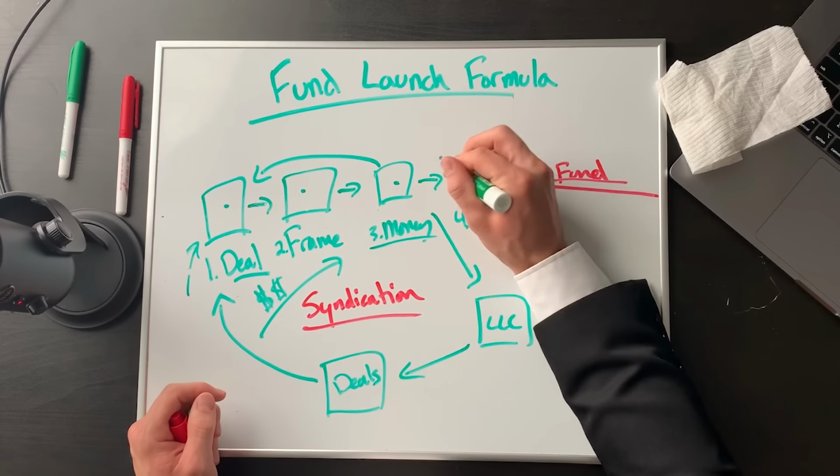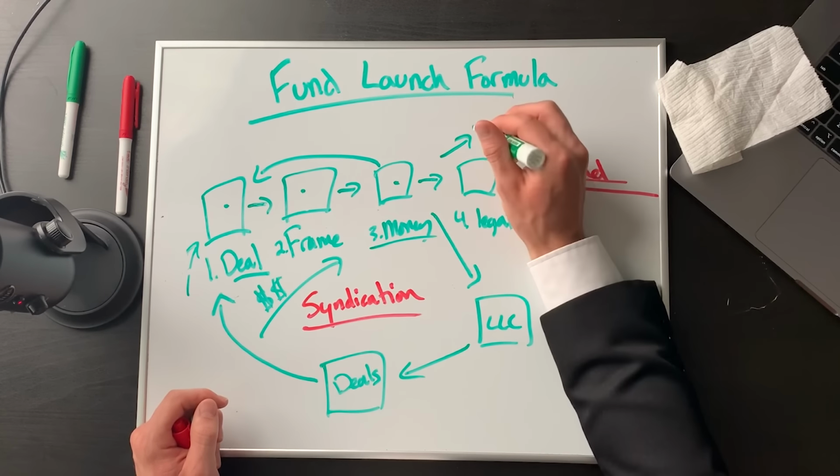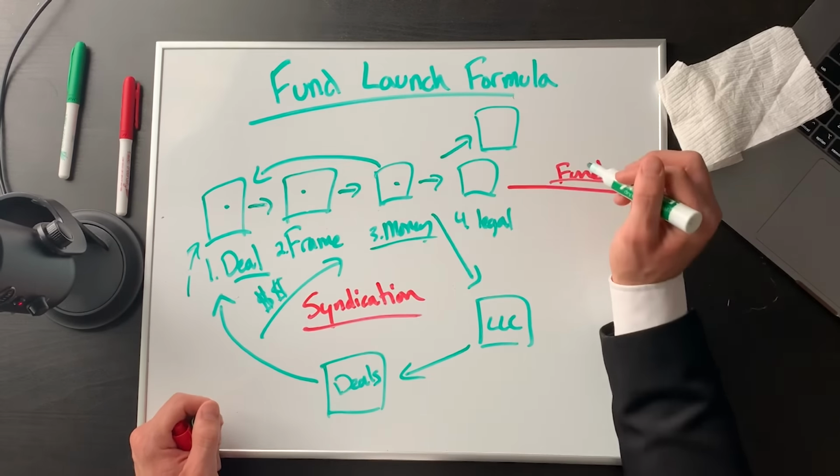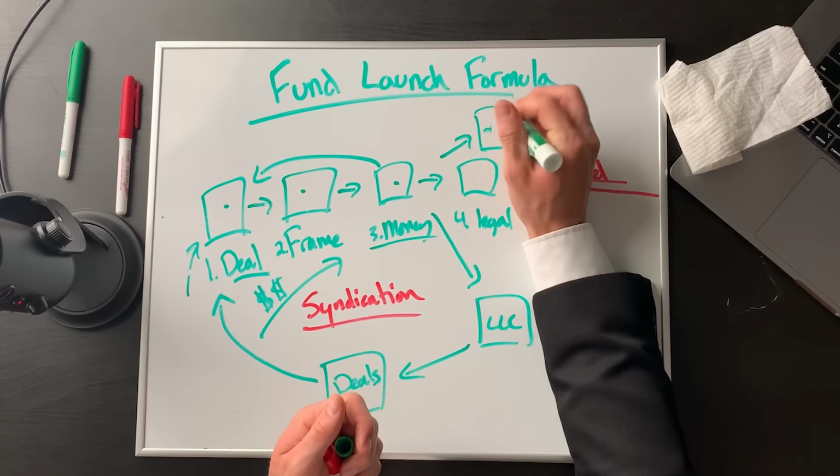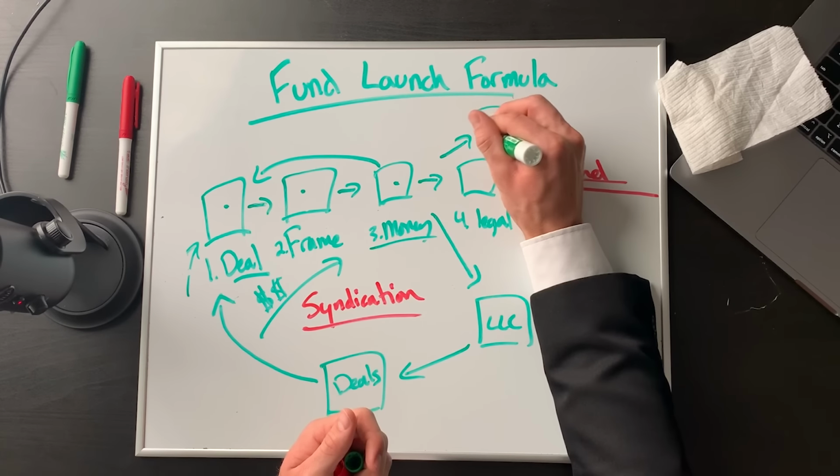So up here, same process. You find good deals, you frame it out, you pitch investors. Legal docs for a fund are a little bit more expensive, okay? They're going to cost you 25, 30 grand. Through our mastermind group, we give you templates and help you do it for about 5 grand. But if you're just off the street and went to talk to a lawyer, it's probably 25 grand for legal docs. That's what stops a lot of people from launching a fund.